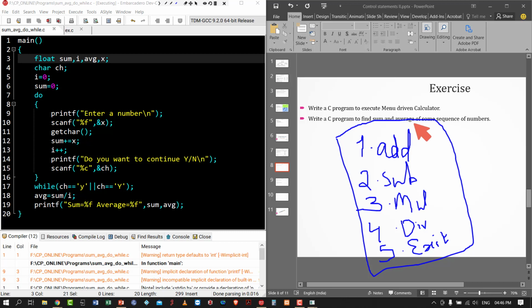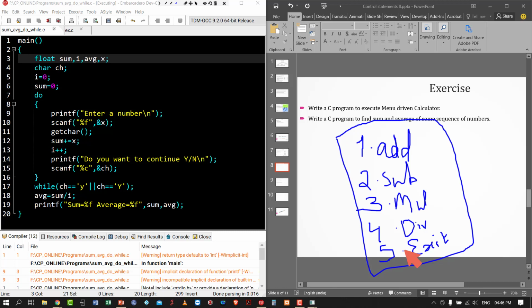Again this menu will be printed. Suppose I want to multiply two numbers. I can choose 3 because the menu number for multiplication is 3. I can enter two numbers and the result will be displayed. Again this menu will be printed. Suppose I want to subtract something. I will press 2, enter two numbers, and I will get the difference as output. At some point I want to exit the program. At that time I will enter the value 5. Okay, this is the way this program works.